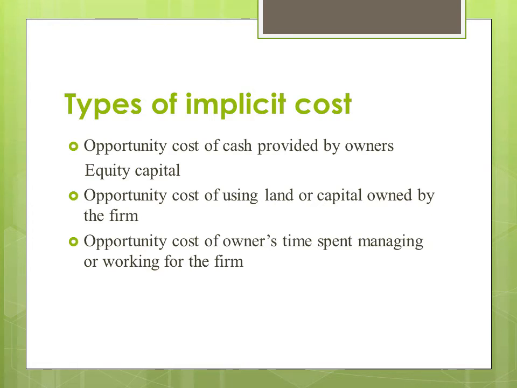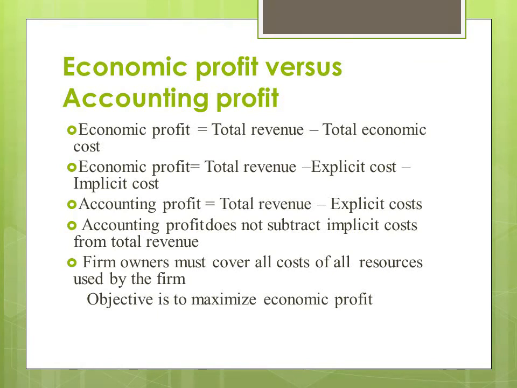As an owner spends a lot of time managing or working, but it is not included in direct payment. Next is economic profit versus accounting profit. Economic profit is equal to total revenue minus total economic cost, and we know that total economic cost is also equal to explicit cost plus implicit cost. So here we put the value of total economic cost, which is equal to explicit cost